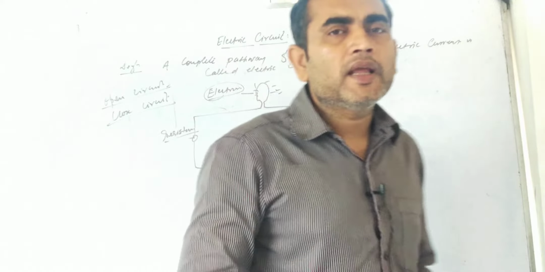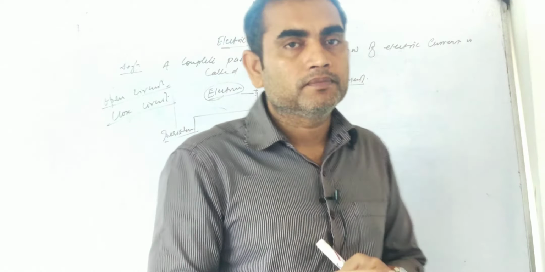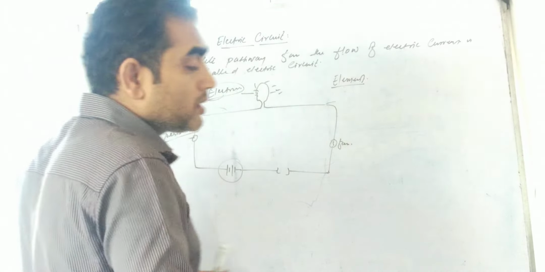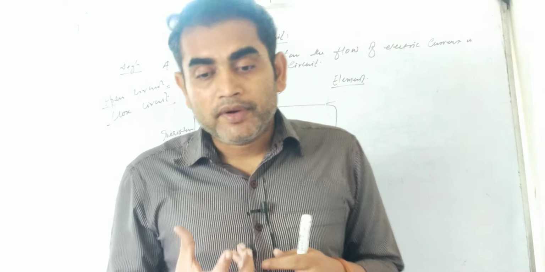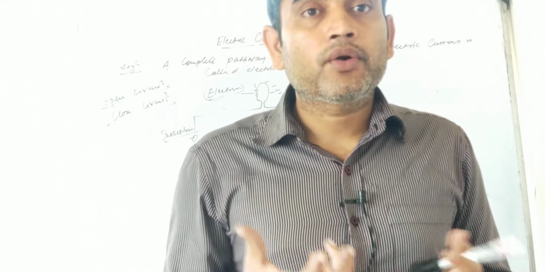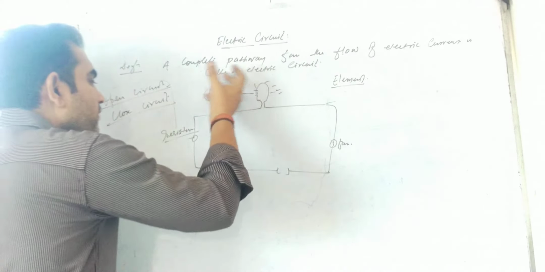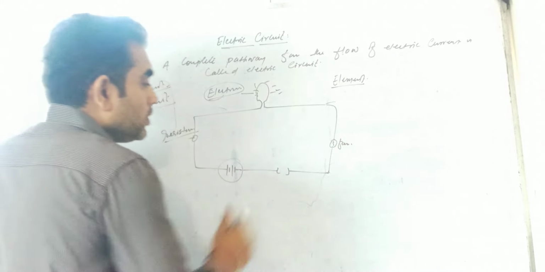Open circuit is when each and every component of the circuit is not in contact with each other. Okay, so you will ask, sir, is this possible? Each and every component of the electrical circuit not in contact with each other. So nearly every component remains in contact with each other except the switch.